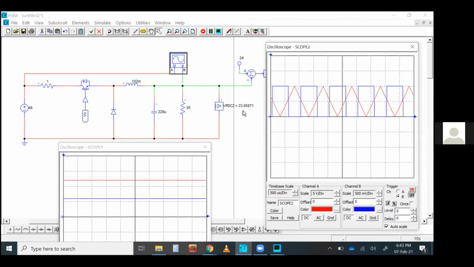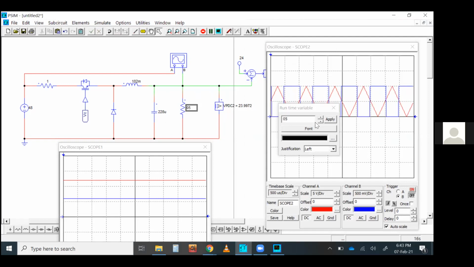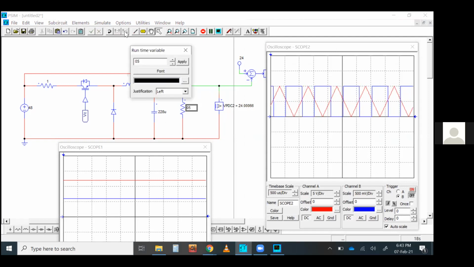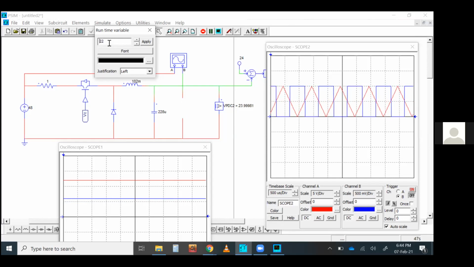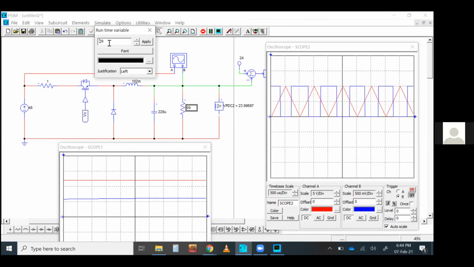Okay, so you're precisely getting 24, very close to 24 volt. Okay, fine. Let me change the load resistance now and see what the responses are. You can see it's very quickly tracking the changes and increasing the duty cycle very fast to keep the output voltage at 24 volt. Pretty impressive. Whatever load resistance I'm giving, it's adjusting by itself. You can see from here, it's continuously adjusting the duty cycle to make the output voltage 24 volt. Very nice.